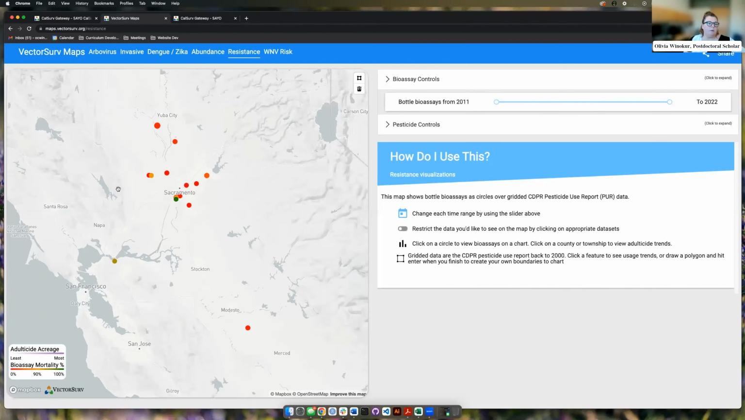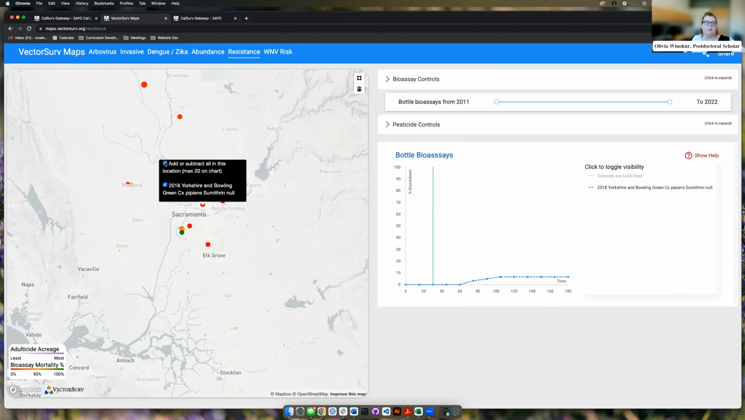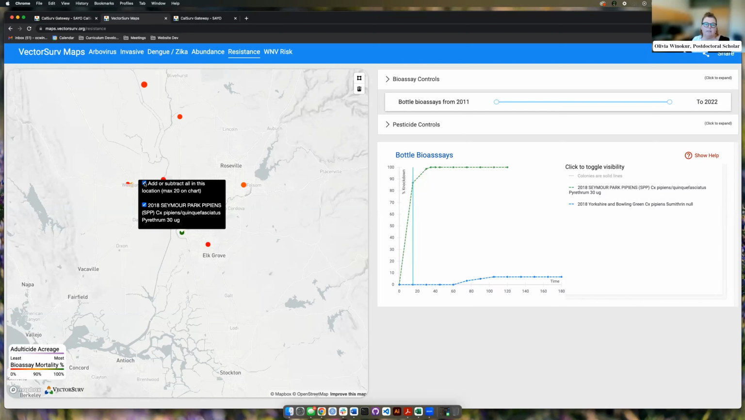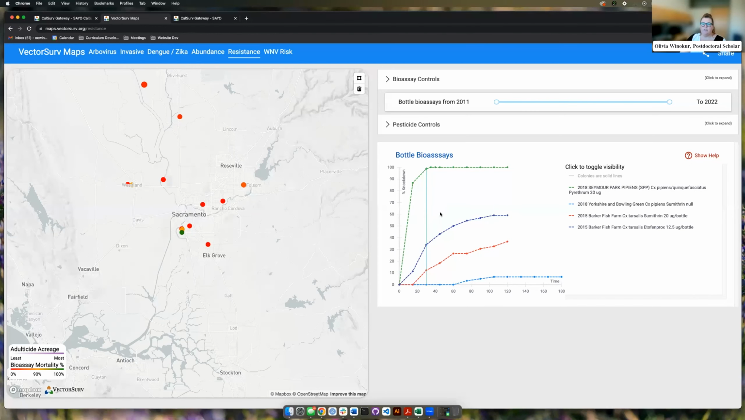So when we go in, we can click specifically on any of these points and we can look at what's going on there. So we click add or subtract all to the chart, and then in the chart we can see what's happening here. So we didn't get very good knockdown with our 2018 Yorkshire and Bowling Green Culex pipiens in this region. If we want to compare that to what's happening elsewhere, we can add this. See, we got really good knockdown of this Seymour Park pipiens. So we can add or subtract anything we want to our maps, or to our figure here, to be able